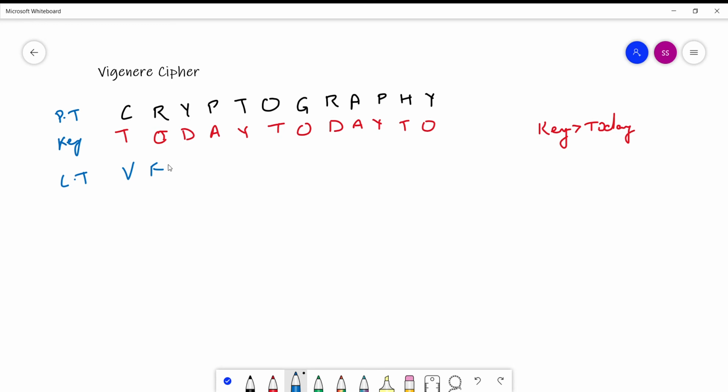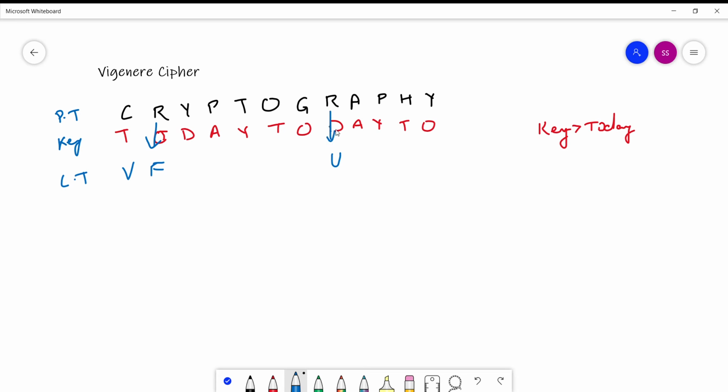Now I will show you another alphabet, R, which is used here. So for this R, the key is D. Okay, so according to this R and the key D, the value is U. You can see here, right? So this R will be encrypted to U. Now here you can see that this R was encrypting to F, okay, and this R is encrypting to U.